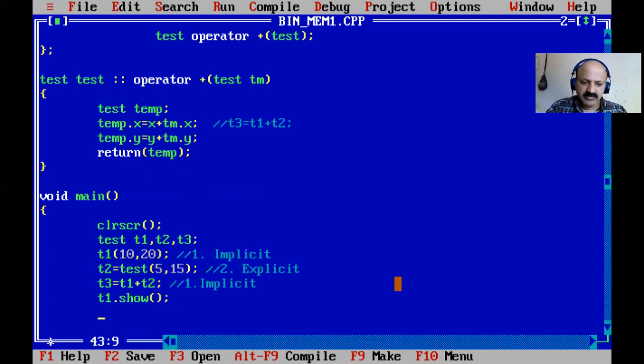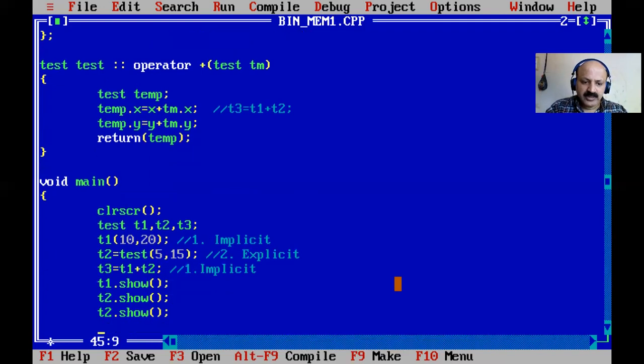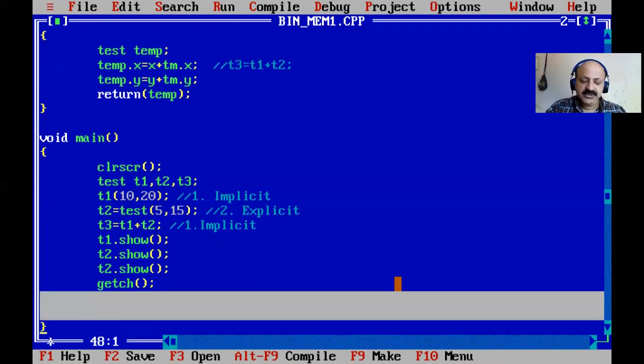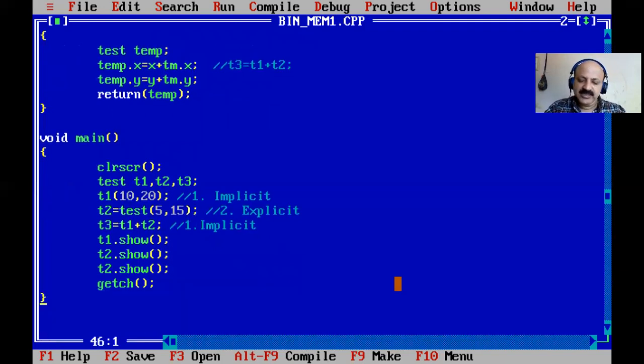So t1, then t2, and then t3 show our member function, so what is displayed is our x, y value, and then getch. But okay, so here first we can give a heading name so we can identify which. So first I run it and then give the idea.